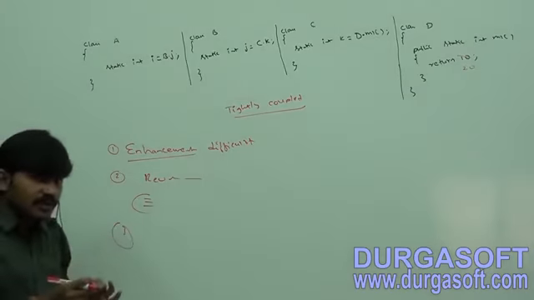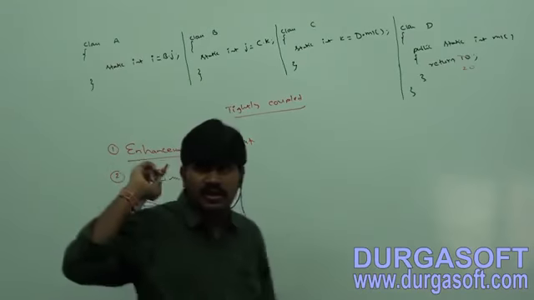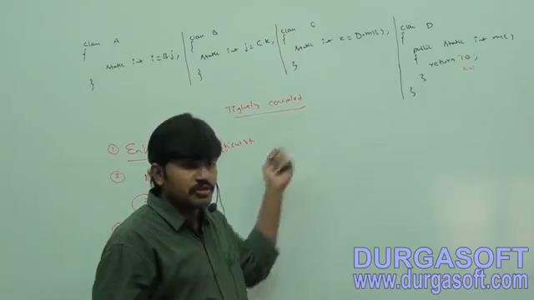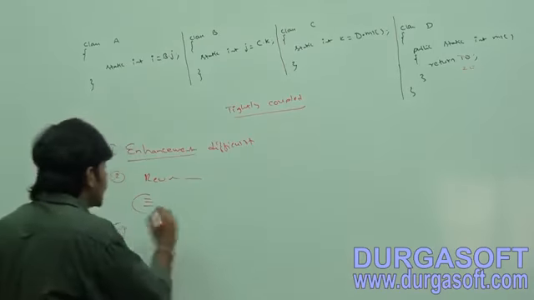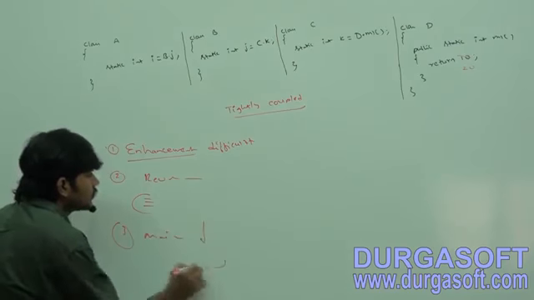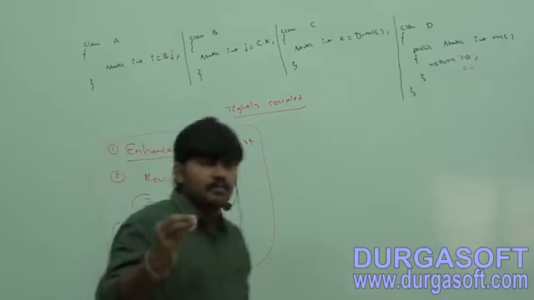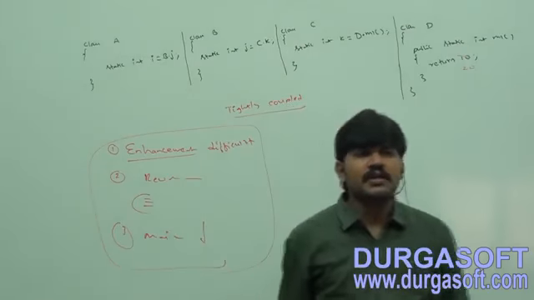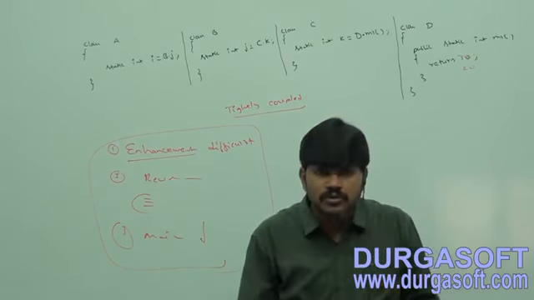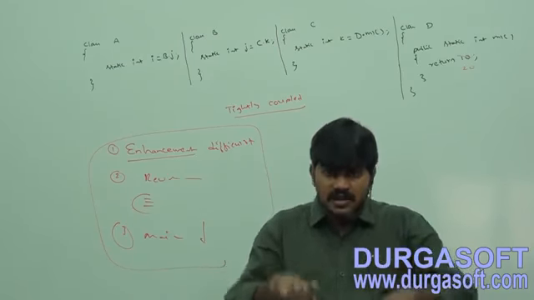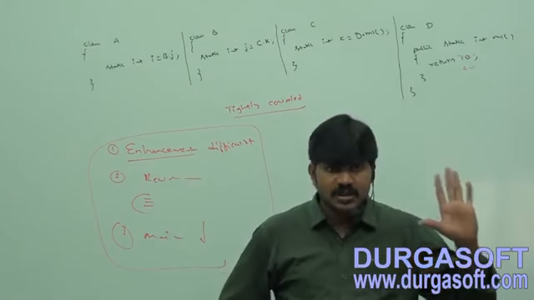Next, the third one: maintainability of the application is going to be reduced, because changes you can't perform. All this means maintainability of the application is going down. Because of these many problems, it is highly recommended to go for loose coupling. The dependency between the components should be as little as possible. Loose coupling is a good programming practice. Clear for all of you?